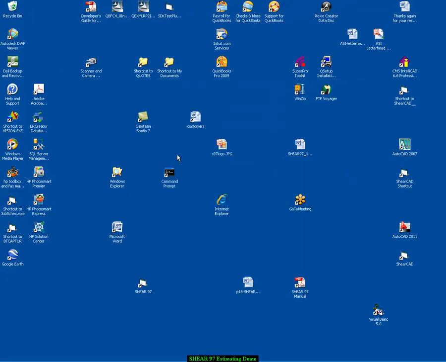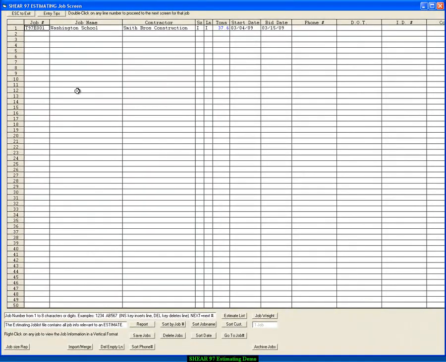This is a demo of the SHEAR 97 estimating. We're clicking on estimating and we're going to add a new job here. This is the estimating job screen. You can have hundreds or even thousands of jobs. Job number is E002. We're entering the job name,